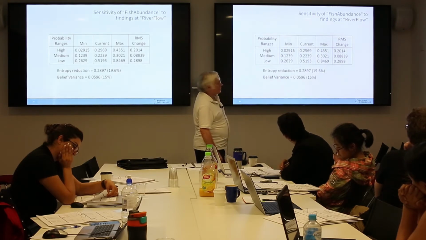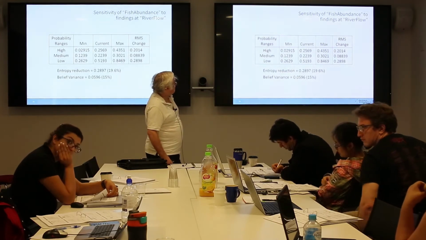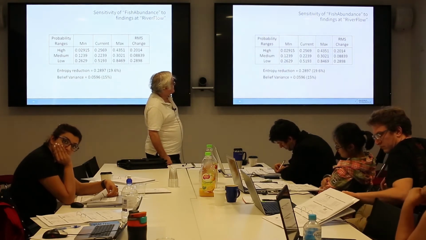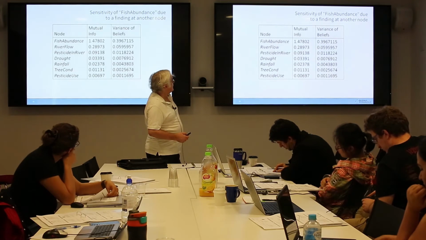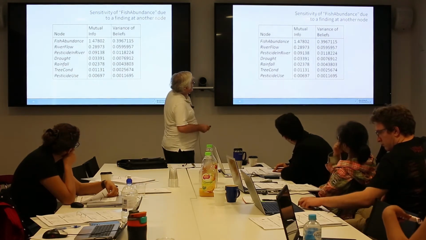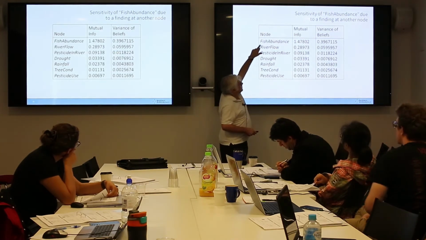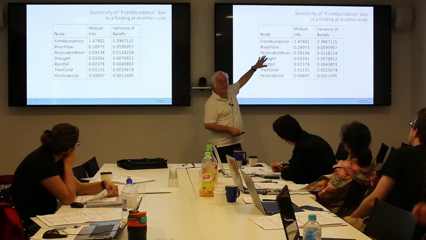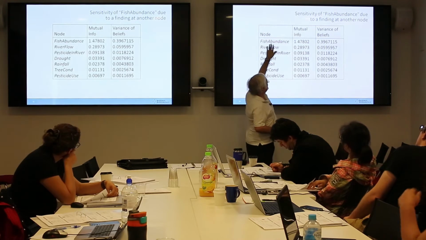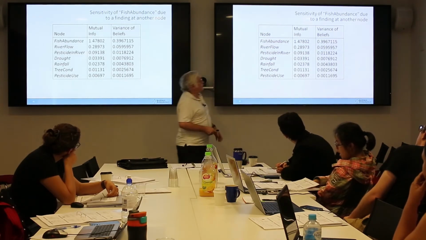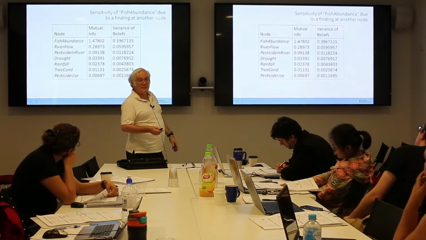I don't know what the point is. What is the point? Somebody tell me what the point is. I think it's basically to see how much the target variable varies in its belief distributions for various states based on changes in some input variable. Okay, fine. All right, this is what I'm more used to seeing out of Netica. You have a mutual information column. So this is self-information of fish abundance. With fish abundance, it just tells you what the maximum amount of information you can get about that variable is. And then this tells you mutual information between fish abundance and these other variables. And it's under whatever observations you happen to have set, which is probably nothing here. So this would be marginal.